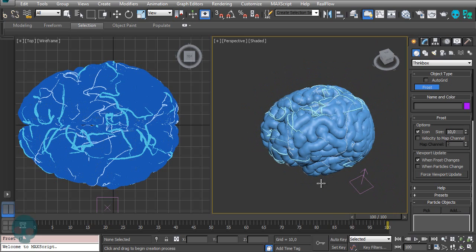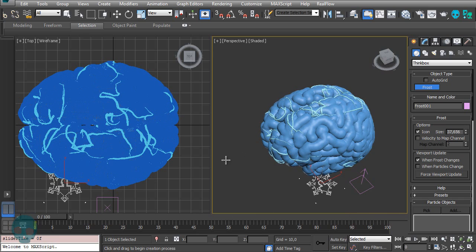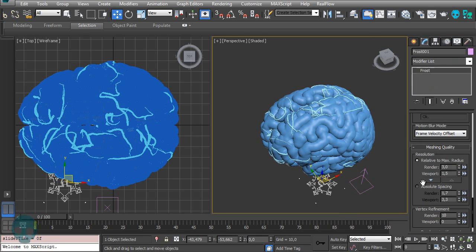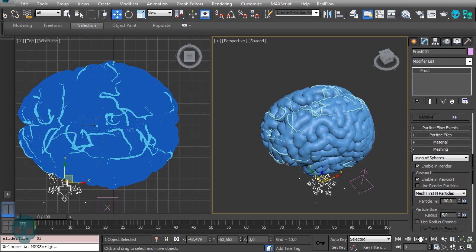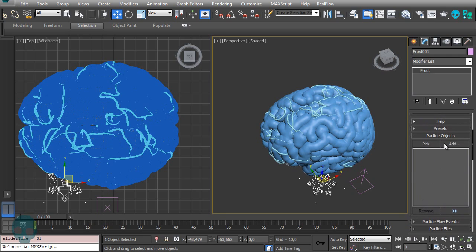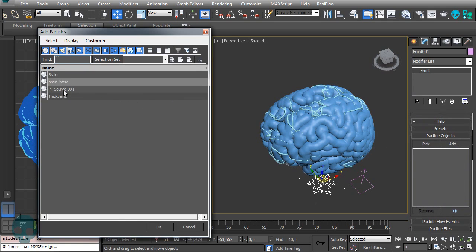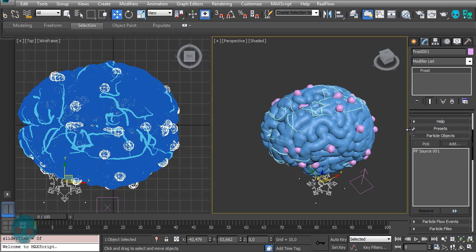Now you can create another frost. Let's call it thin veins. See what I said? When you create a frost and your timeline is at the end, it kind of updates all your particle flow and stuff. So just bring it back to the beginning and add the particle flow source here. Switch on the